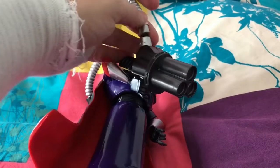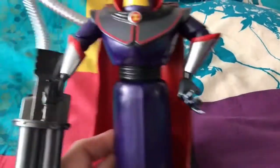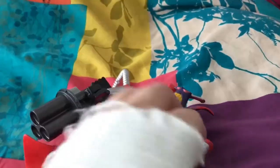It's not broken, it's just detached, but I mean, yeah, I'm not really impressed with that. And this arm,